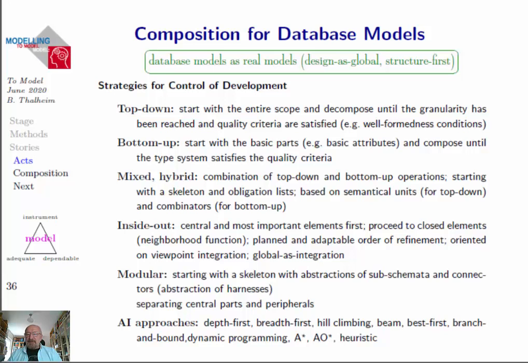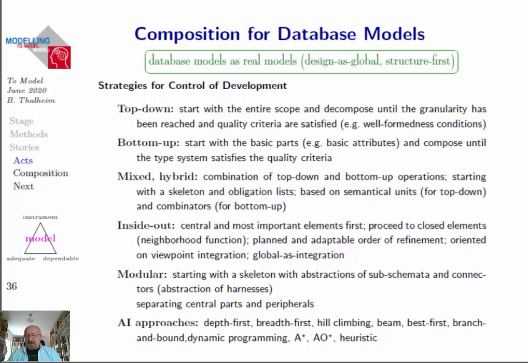Bottom-up starts in a different way. Bottom-up is a construction way where, in database development, we start with basic attributes, which could of course also be complex, and compose the corresponding database types based on some kind of combination of these attributes. The mixed and hybrid approach is a combination of top-down and bottom-up operations, using these methods in an iterative way. We have to start with a skeleton and maybe with a list of obligations, and we use it